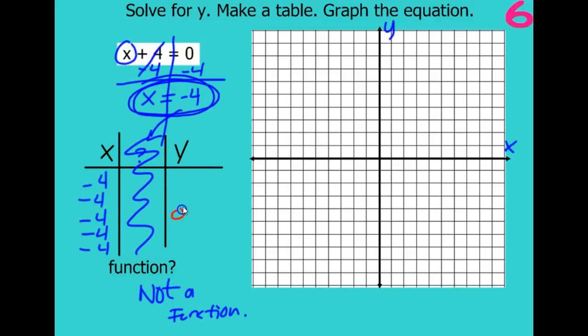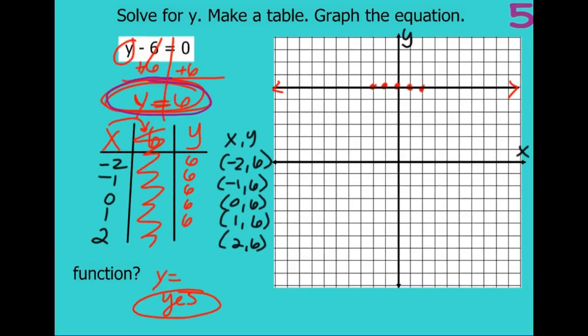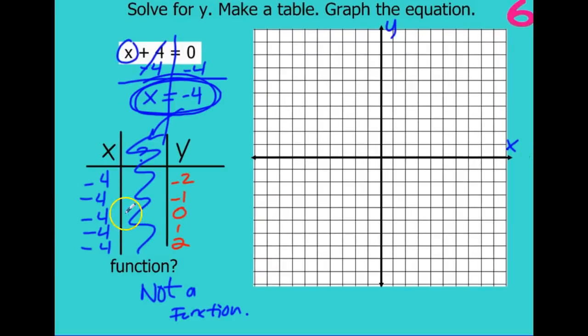We're going to choose the y's. So we can choose -2, -1, 0, 1, and 2. So it's just backwards of the other one. Back here, we chose our x's, and y was always 6. But this time, x is always -4, so we have to instead choose our y's. So if we plot these points, x, y,